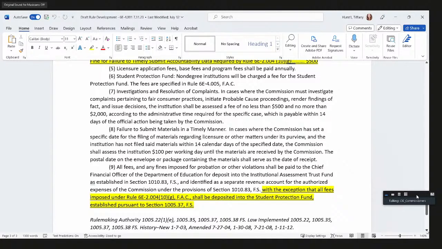The addition to this section is, with the exception that all fees imposed under Rule 6E-2.004 10G Florida Administrative Code shall be deposited into the Student Protection Fund established pursuant to Section 1005.37 Florida Statutes. And that concludes all the draft language.